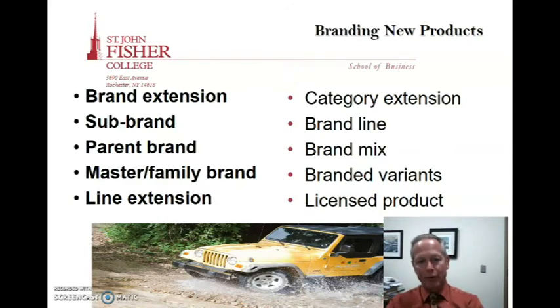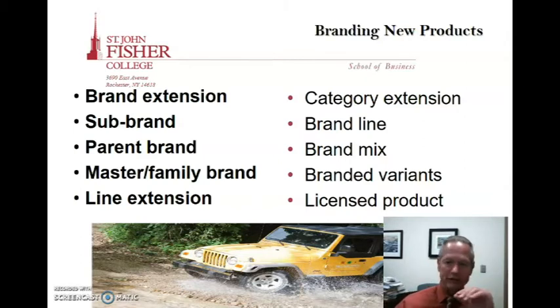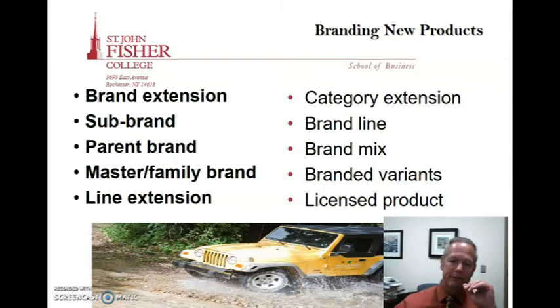So, new product branding, you can do brand extensions, like Black & Decker, where they started with power tools, and then they did a brand extension into the home appliances. You can sub-brand, much like the Gap did with Old Navy. You can have a parent brand, and then things under the parent brand, like PepsiCo is a parent brand, and they just came out with, say, Bubly. You can have a master or a family brand like Campbell's Soup. We talked about that. You can have line extensions, category extensions. All these different things are new products or ways of new products to enhance or develop a brand.